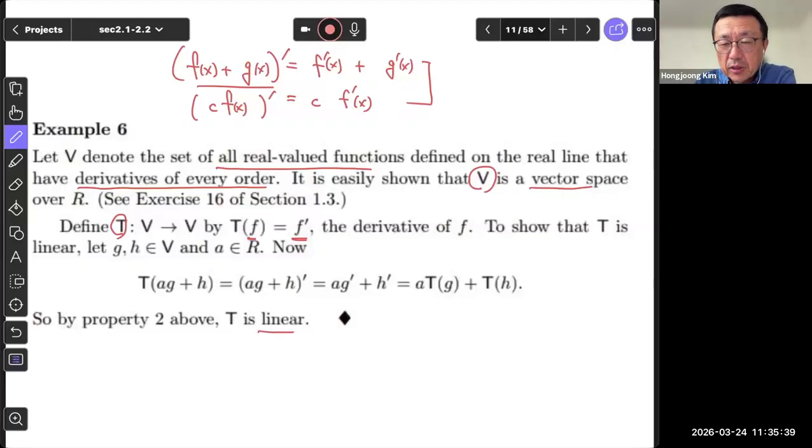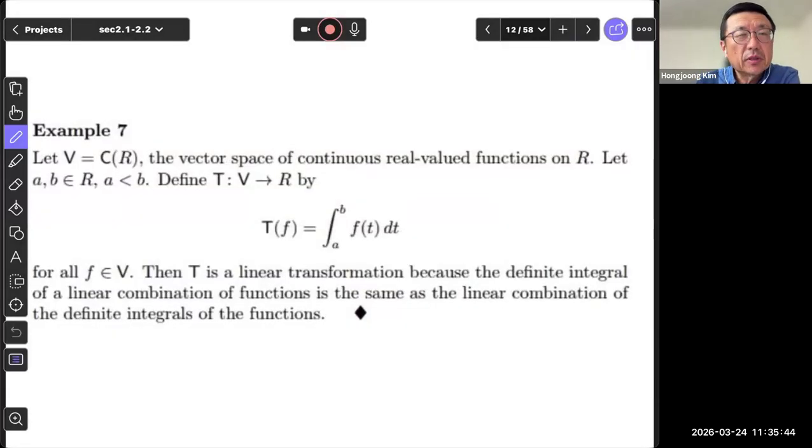Okay, the differentiation is a linear transformation, then probably you can think of the opposite operation, in other words, the integration operation. So suppose that we have this space. Here C of R represents the space of all the continuous real valued functions. Given any continuous real valued function f, I can compute this integration of f from a to b. And we know that f plus g, if f and g are both